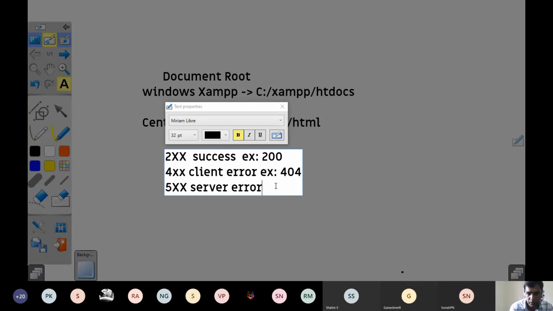So server error. Then what is server error? See, you not only request a file, sometimes a client tells the server to execute a program and give the output of the program. So you may be aware of your VTU website. You people go to your results.